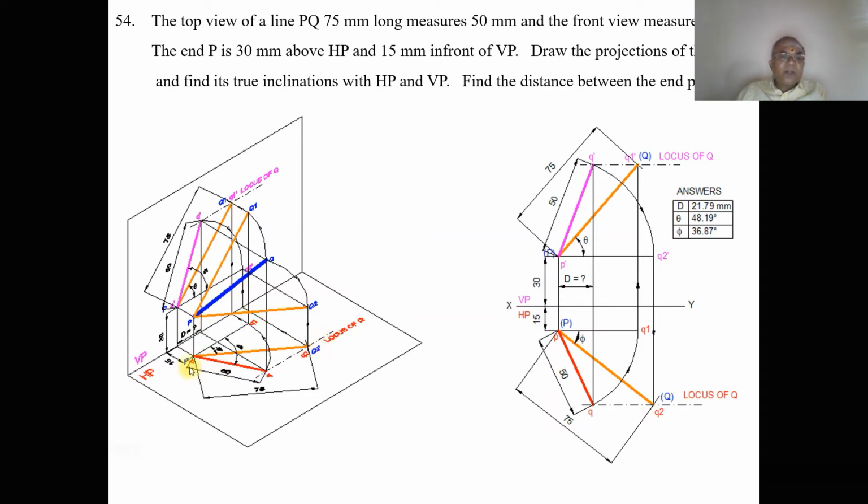We take the top view line parallel, so when you look from the top view, PQ1 should be 15 mm in front of VP. Accordingly, the true length will be on the Q1 end projector. Take a length of 75 mm and cut an arc on this so that you get PQ1 here.